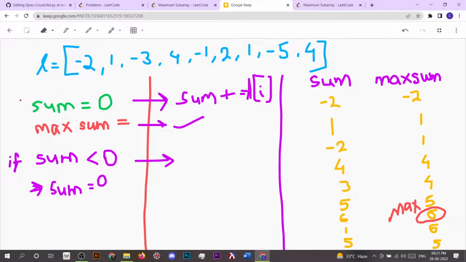So let's first initialize our sum with 0, and then in the sum we are just adding the list elements. So here let's say sum is -2, and then we are taking a max sum which stores the maximum value of all the sums which we got throughout the iteration of our list. Here max sum is initially INT_MIN. So what we compare now is